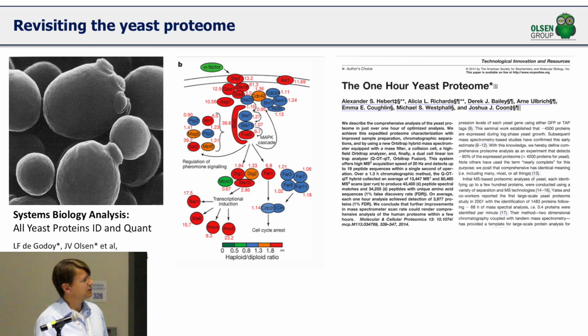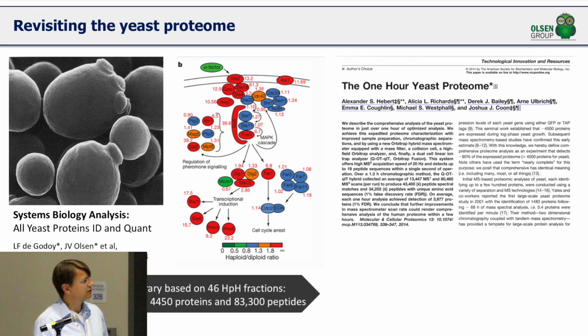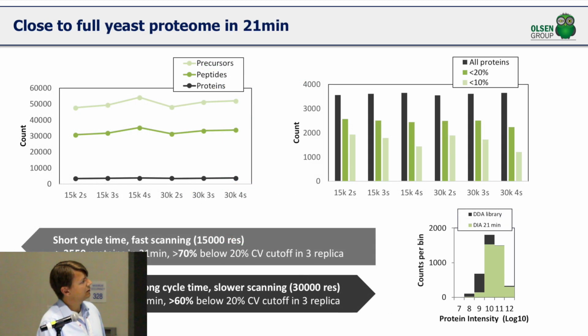So we again generated a spectral library of yeast based on the 46 fractions. Spending a little bit more than 18 hours, we could identify more than 4,000 proteins and 33,000 peptides covering the yeast proteome. And then we basically used that as the library for all the DIA runs of the yeast proteomes. And again, we could see that with shorter cycle times, we could get around 3,500 proteins, of which 70% of the